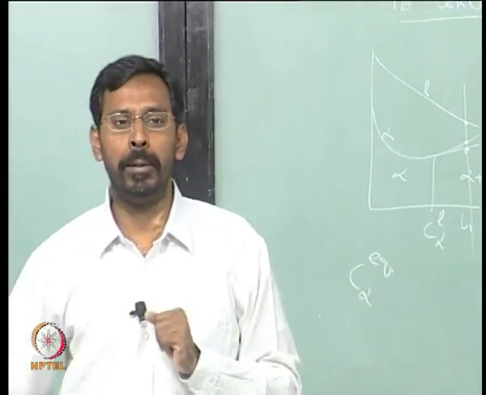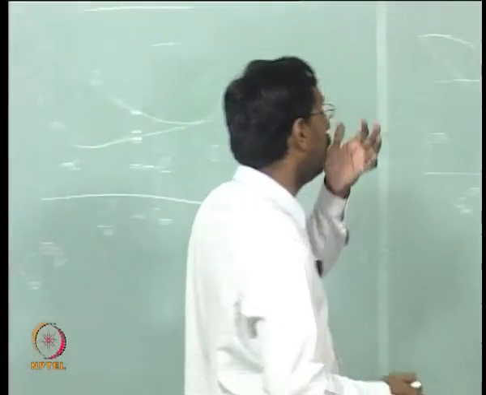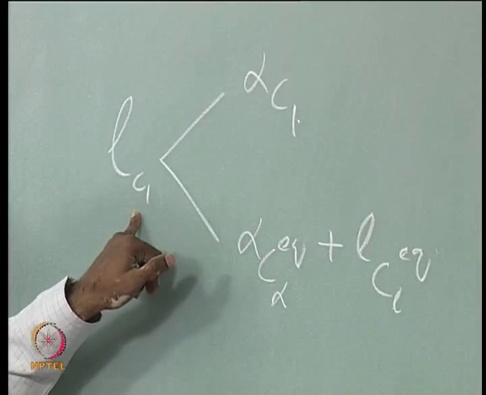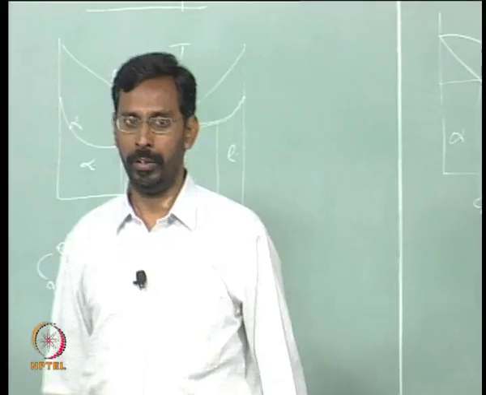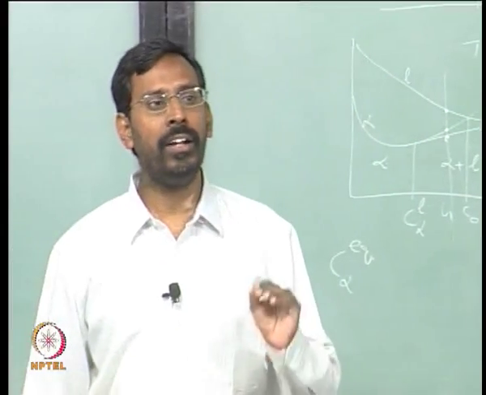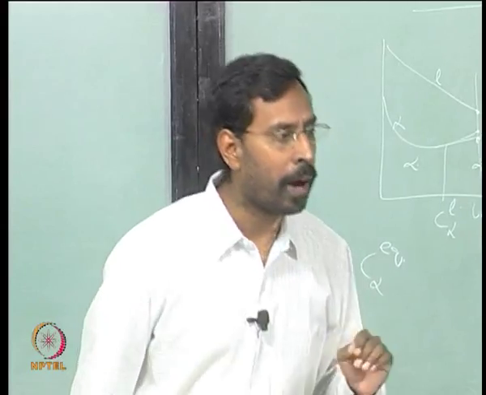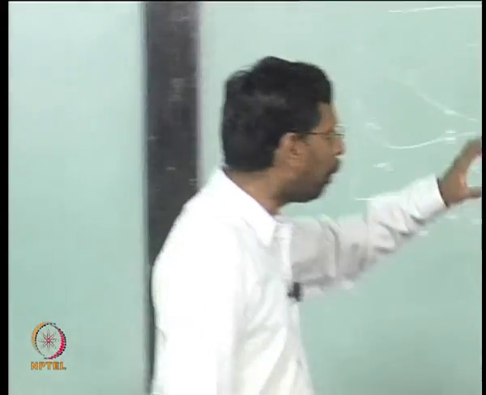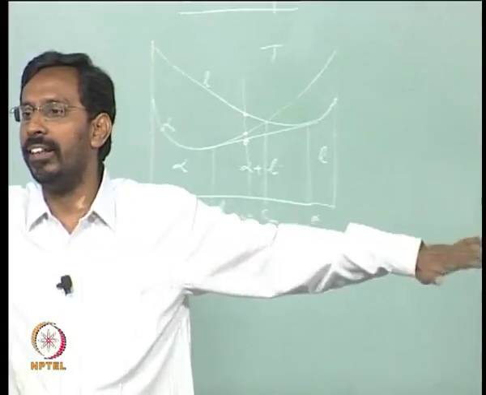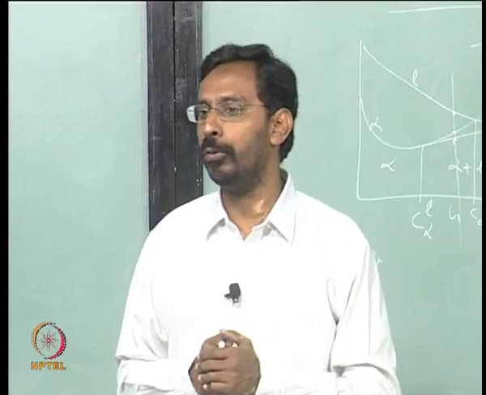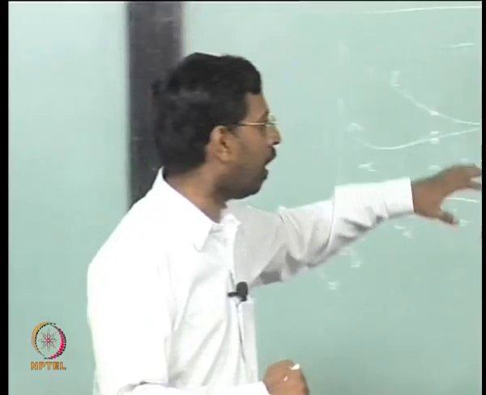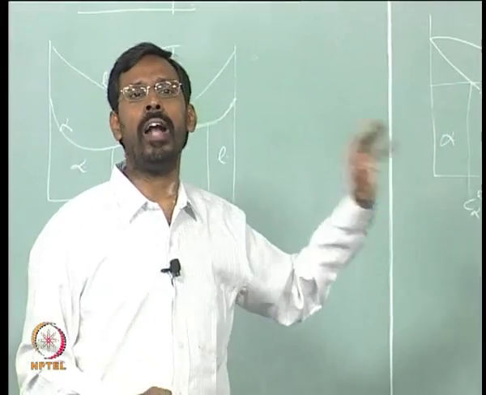If you are far from equilibrium, that means the time available is very, very short, then in such a case you would see that the liquid having C1 composition would try to become alpha of C1 composition. This is what we called partitionless solidification. There is no partitioning taking place during this, because the composition of the liquid and the composition of the alpha are exactly the same, excepting that there is only a structural change taking place, and such transformations are usually called polymorphous transformations. It is a general term, whereas as far as solidification is concerned, we call it partitionless solidification.